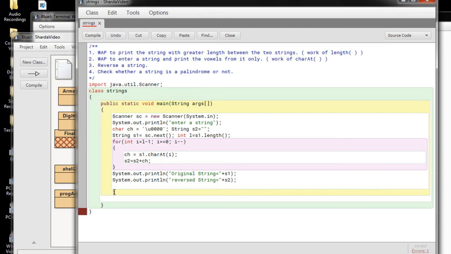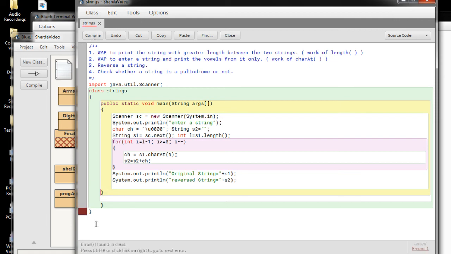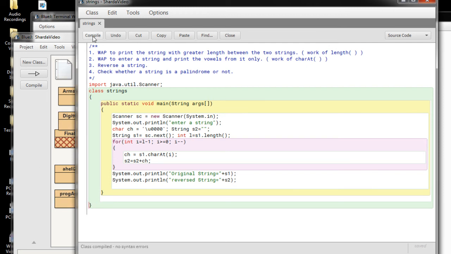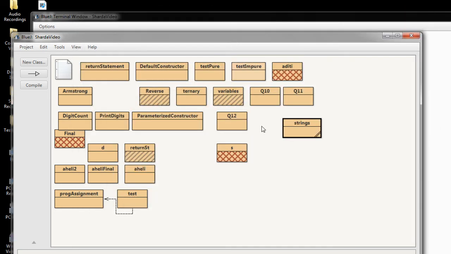Now compile, Control K. One extra bracket was there, so I've removed that. Let me align it properly. Okay, it is done. Now close and let me run the